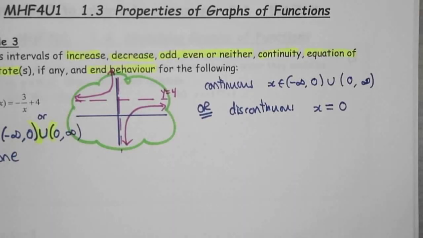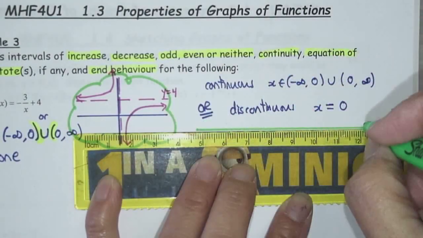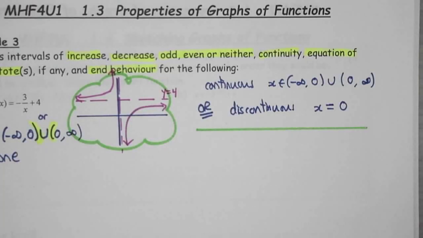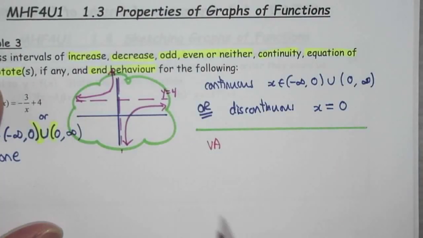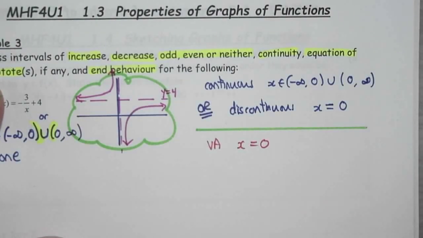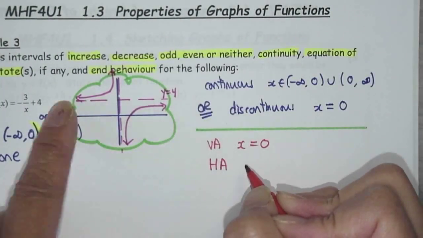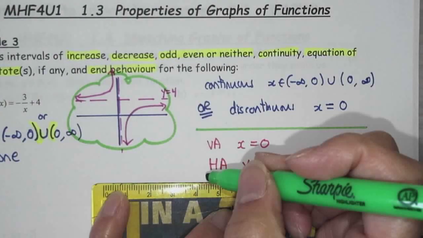All right. Okay, so continuity. Equation of asymptote. Usually on a test, sometimes we give you a chart to fill in or fill in the blanks so that you don't have to go, which answer am I doing? So it would make it more organized, but I'll just do this. So what do we got? Equation of asymptotes. So my vertical asymptote is this one here, which is going to be at x equals 0. And we're still using VA. I think you used that last year as well for vertical asymptote. Right, you've seen that before, VA. Okay, and then HA is this one here, y equals 4. Okay, equation of